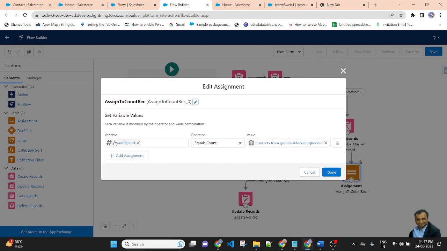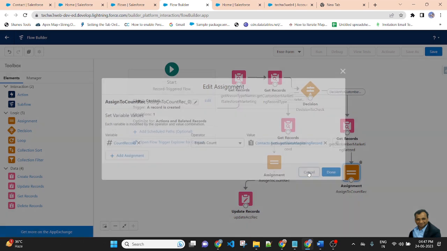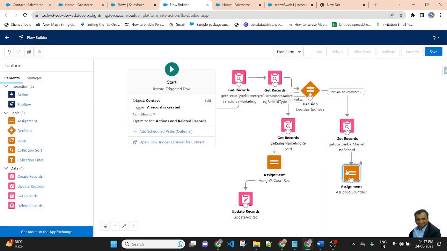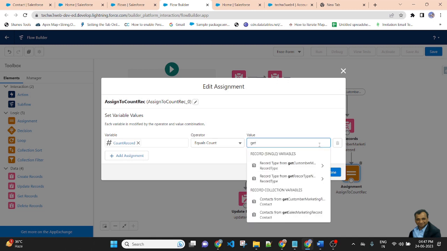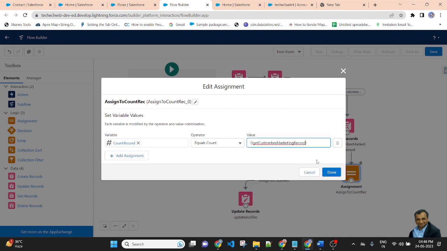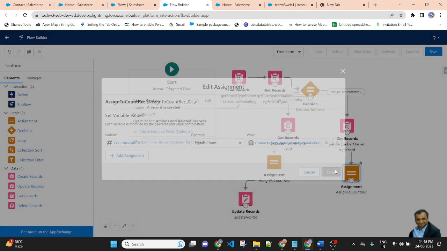So after that, get customer marketing assignment. Here I will assign what is coming from get customer marketing, this one, and done.